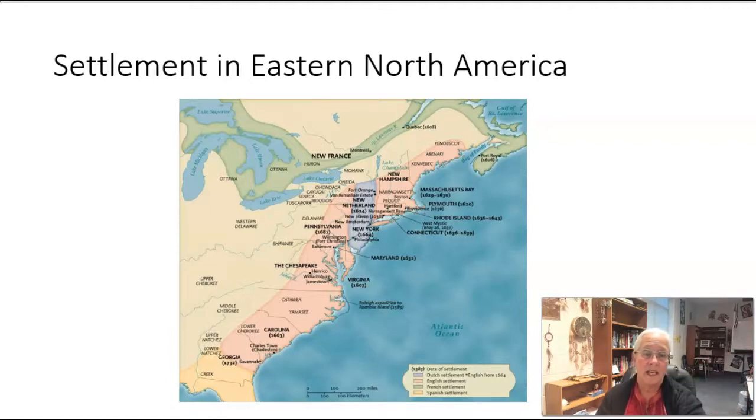Another similarity is that both the New England area and the Chesapeake area are going to go through a struggle when they first come in. But you have the camaraderie, the community togetherness of New England that's going to help them get on their feet faster. Down in your Chesapeake colony, it's more of an every man for himself type of attitude, and so they're going to struggle longer than they do up in the north.